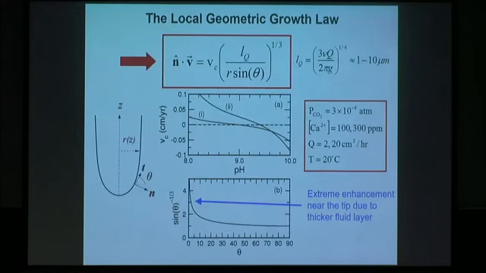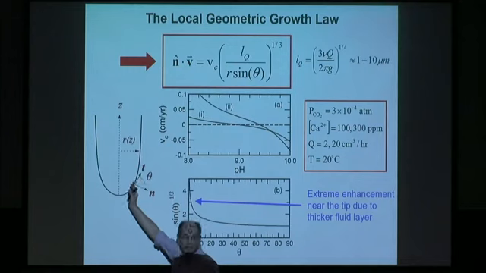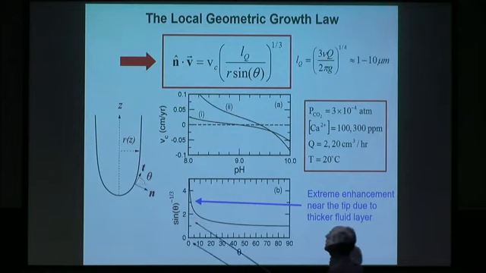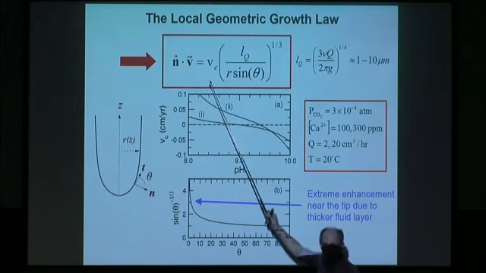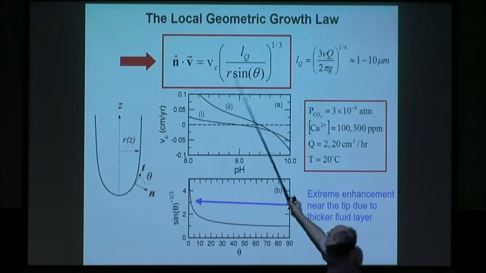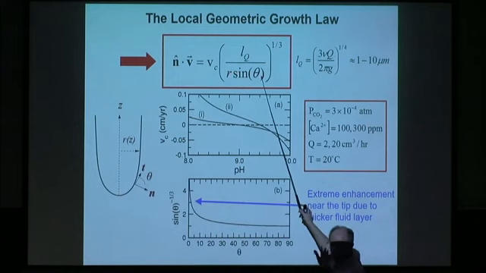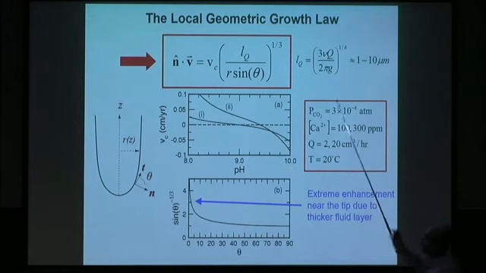Well, that's good because this layer is so thin that I can just basically do a local calculation as if this was just a plane at every point. And from that, I get the growth rate, the normal component of the velocity with which this surface moves is this function of position. It depends on the local radius, the local angle with respect to vertical to give me the gravitational force, and the characteristic length that's given by the parameters.